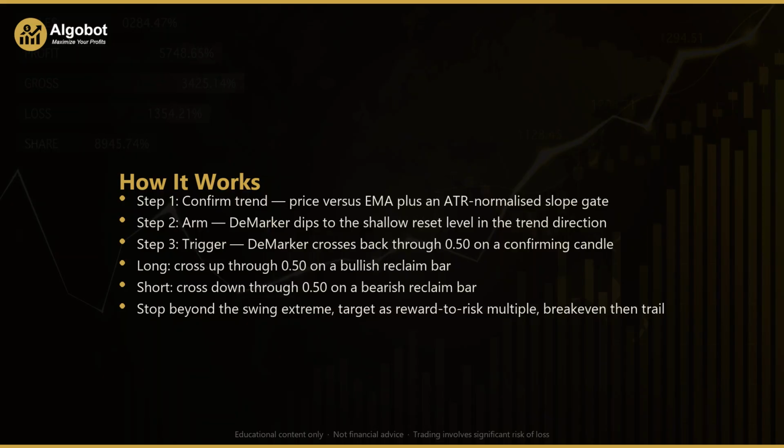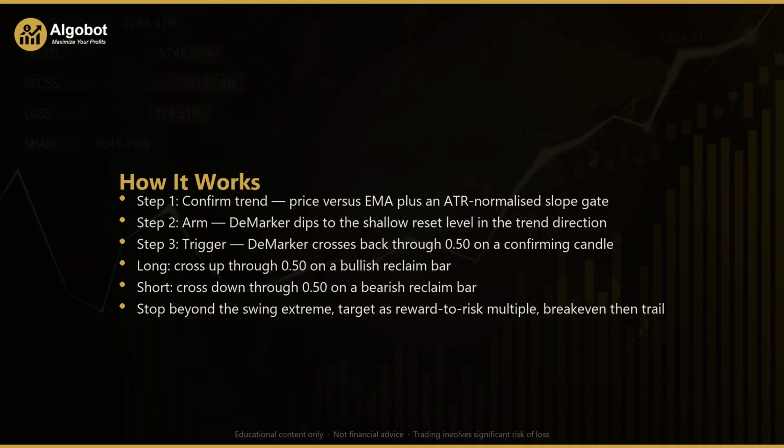Now for risk. On entry, the strategy finds the recent swing extreme across the pullback bars and places the stop just beyond it, padded by a fraction of the average true range. If the resulting risk is wider than the maximum risk ATR limit, the trade is skipped entirely. The take profit is placed at the reward to risk multiple, which defaults to 2 times the risk. Finally, once price is 1 risk multiple in profit, the stop is lifted to break even and then trailed by an ATR multiple, never loosened. Only one position runs at a time. All of this is educational information,